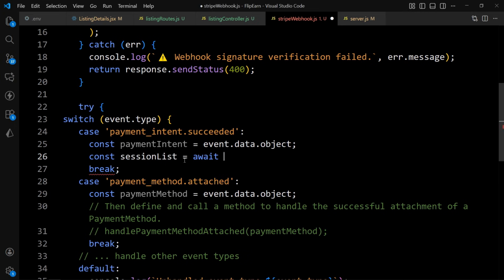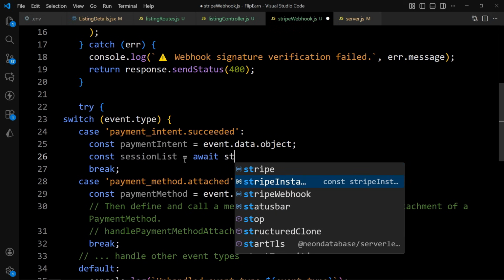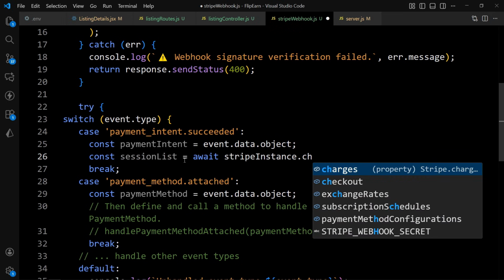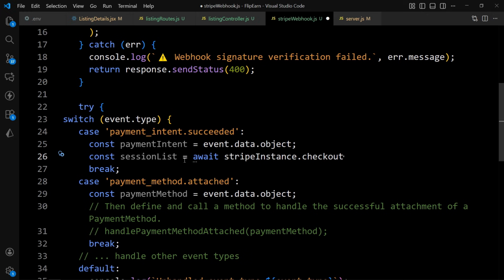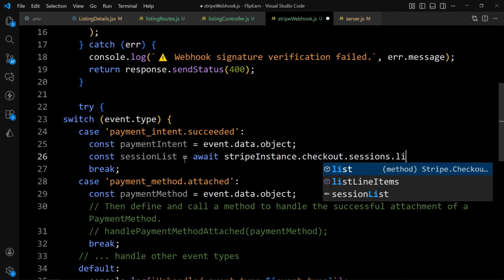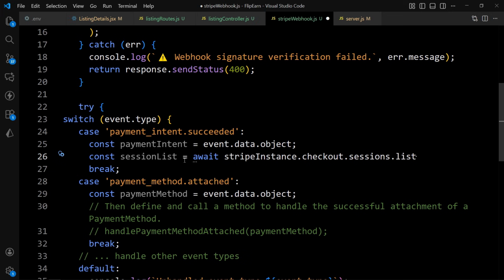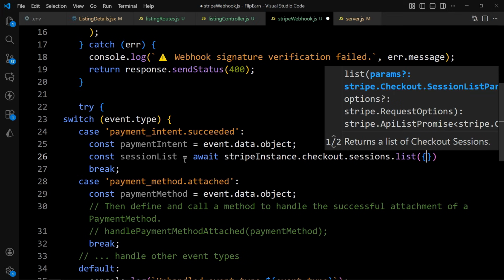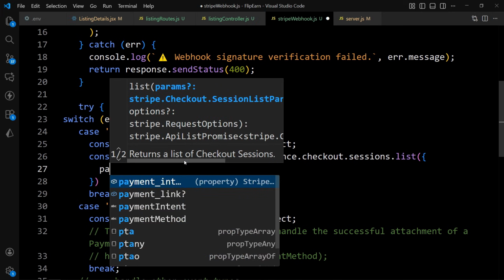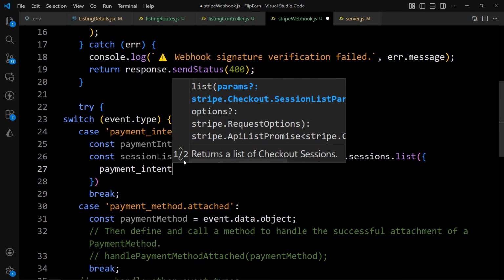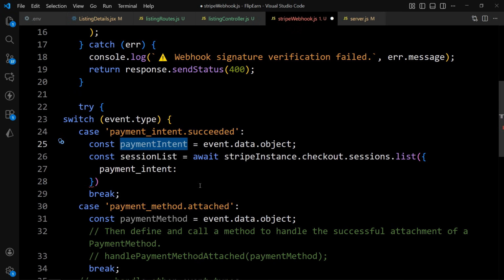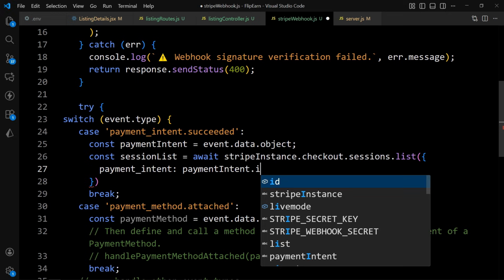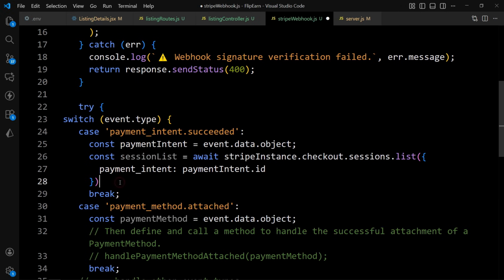We will use the stripe instance.checkout.sessions.list. So here we'll get all session list, and in this one we will add the payment intent and provide this payment_intent.id. So here we'll get the session list, and after that we'll add